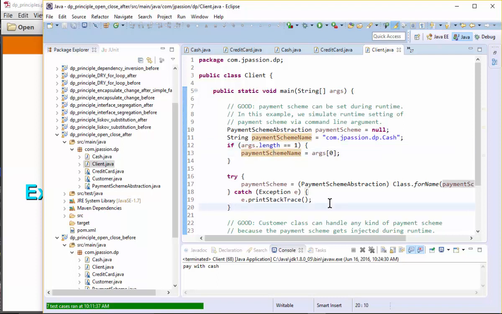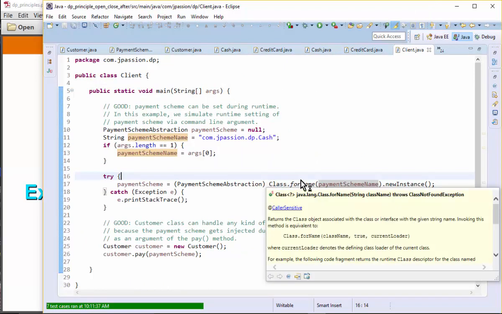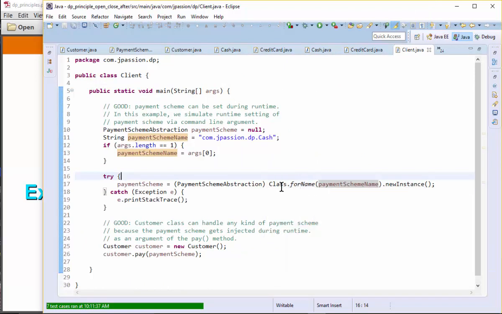And then basically what we are doing here is creating that class. So we are using the class full name and newInstance. This is another way of creating a Java object. Instead of using the new keyword, you could have the full class path name, and then use the full name and newInstance. It basically creates the payment scheme abstraction object, in this case